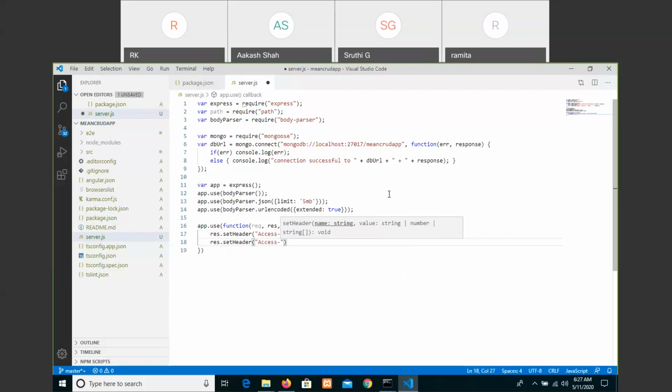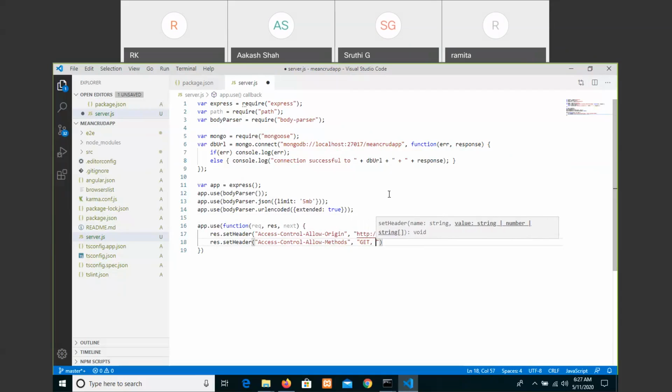Access-Control-Allow-Methods. That is the data that should get put, that is inserting, that should post in the post method. Like this, we are going to write that. Methods, comma. What are those methods? We can say